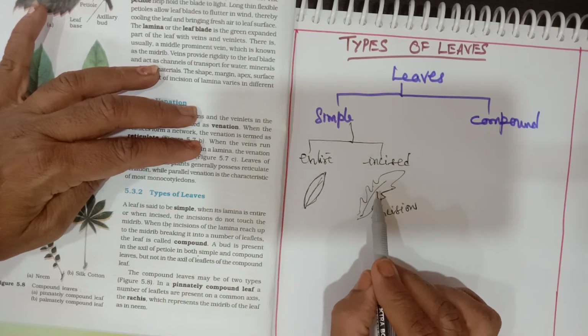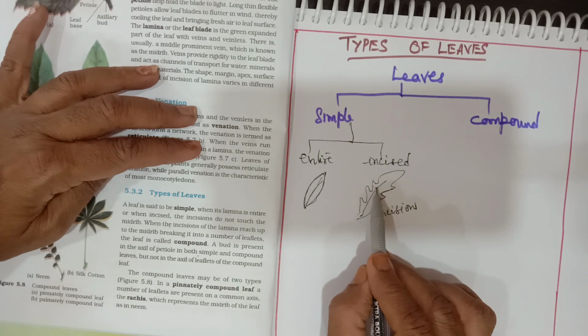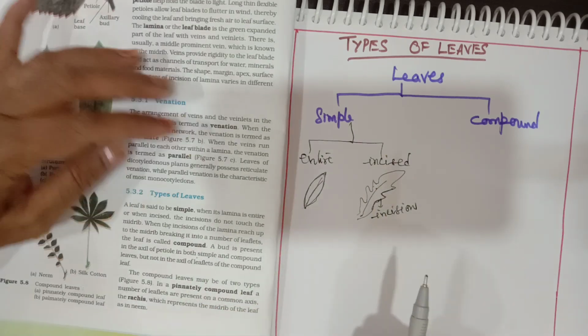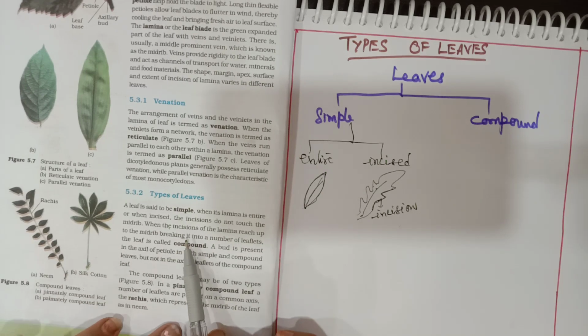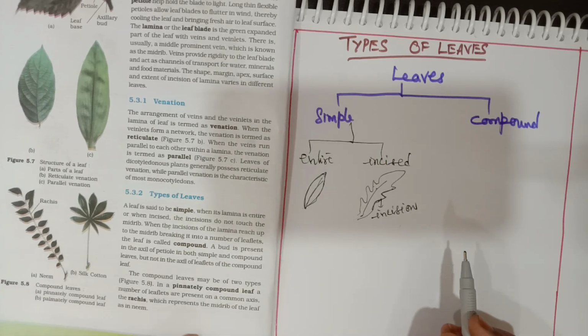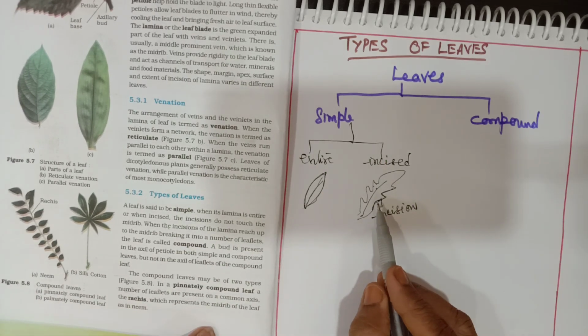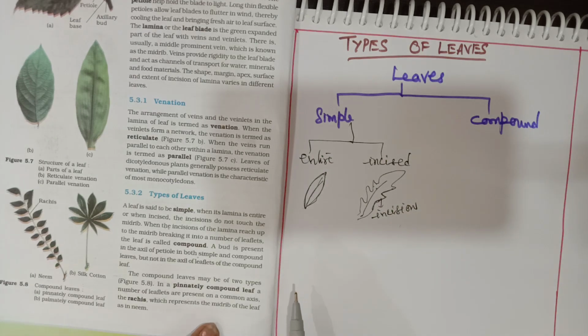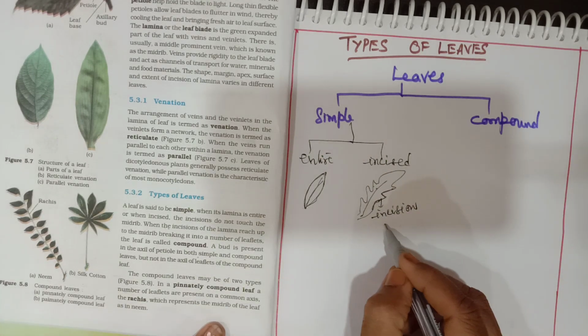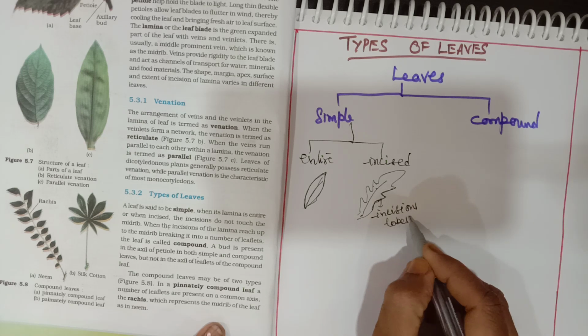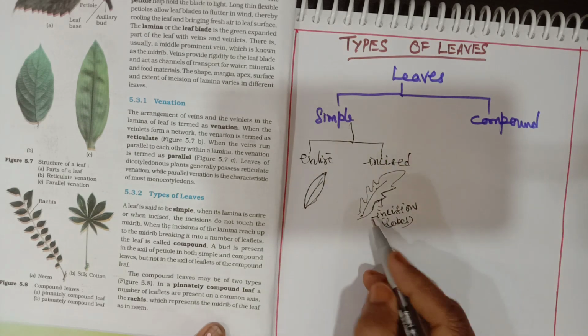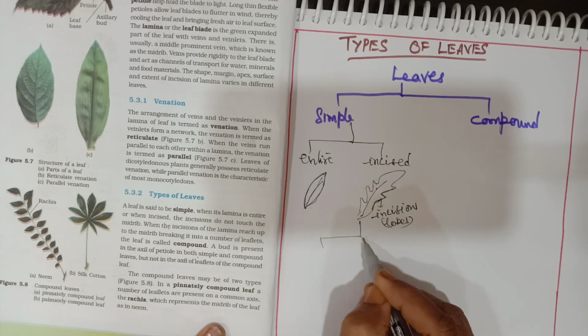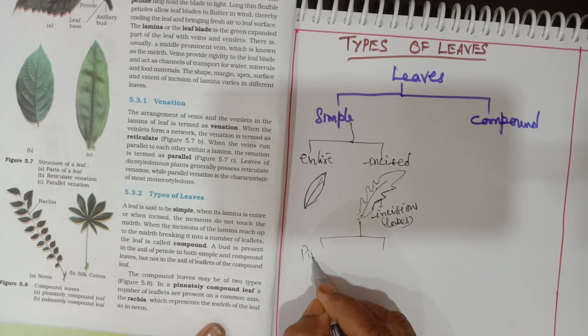So the incisions here are not coming up to the midrib. Incisions do not reach the midrib. Then it is called a simple leaf. And based on these incisions, again, there are two types of simple leaves. These incisions you can also call lobes. So based on this, they are of two types: pinnately lobed leaves,